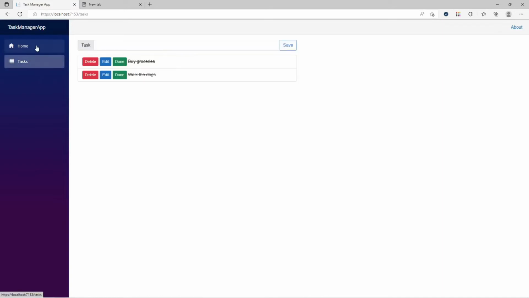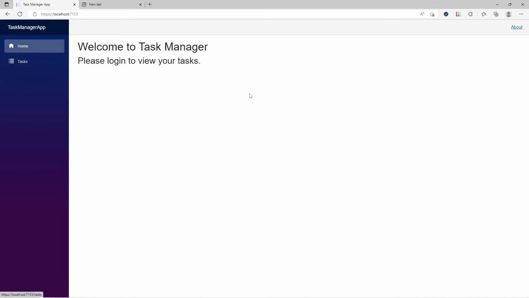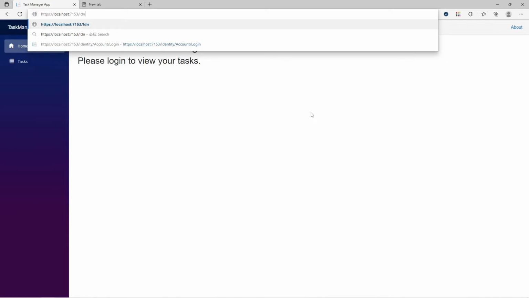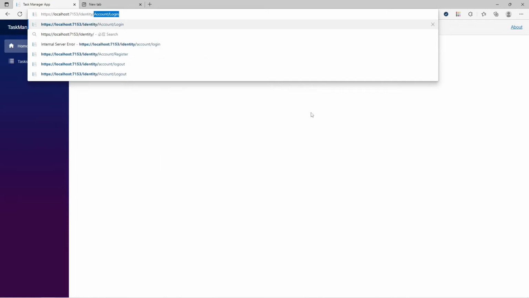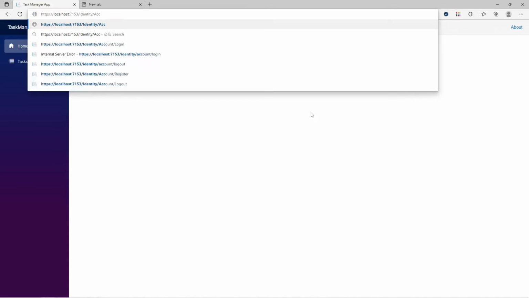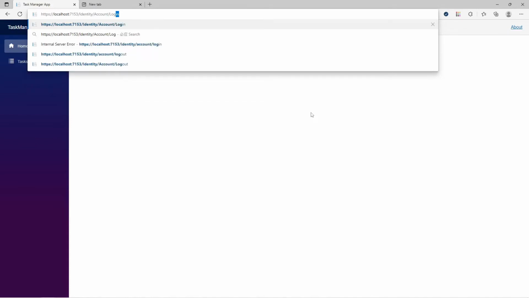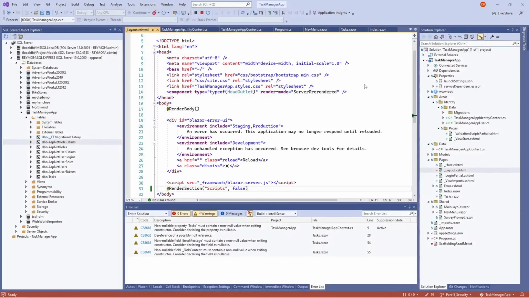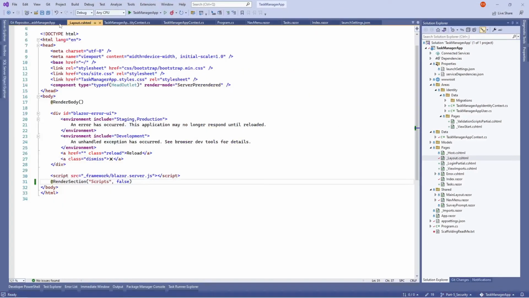Okay, so now we don't have any provisions for some sort of logging out feature, but we can log out by navigating to this page, account slash logout. Okay, and then we have a problem again. Since we have not added use authorization, let's go back to our code